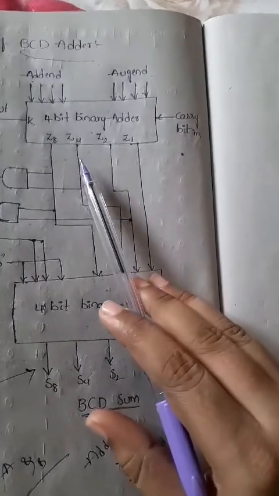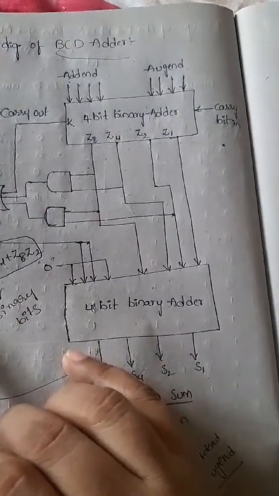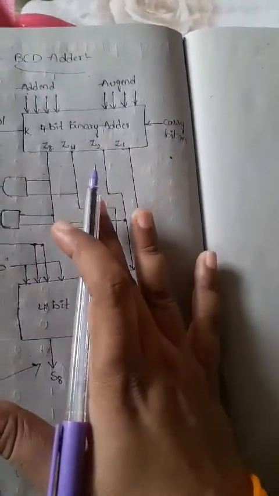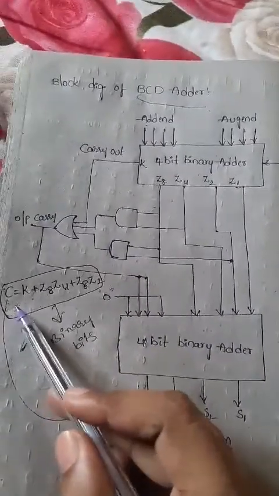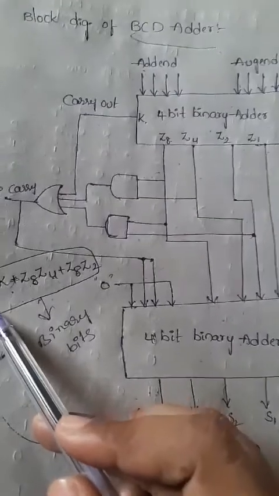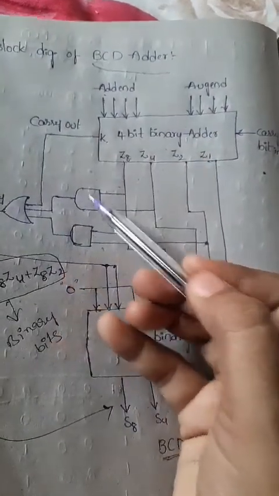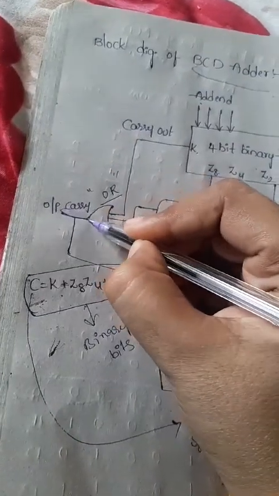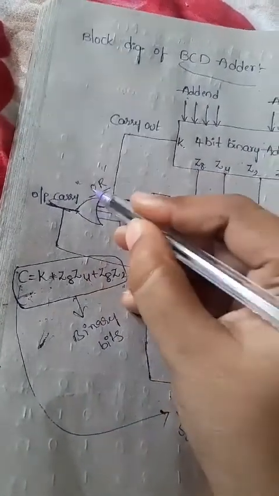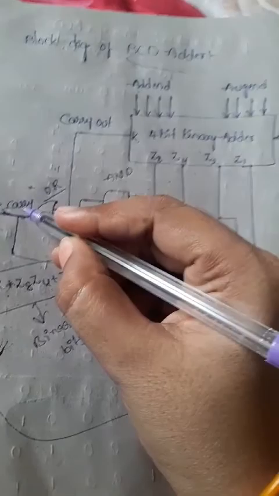So first of all, we need to find out the carry bit, that is C. Here we are going to find out how the carry bit is represented. The carry is represented with the help of C, right. So we are going to make use of two gates, one OR gate and another AND gate. How can we find that carry bit here? The carry will be represented with the help of these two gates, and in between these two we get the result as the output carry, right.